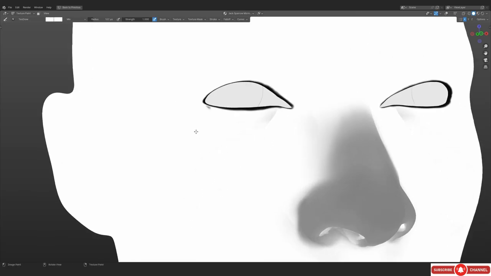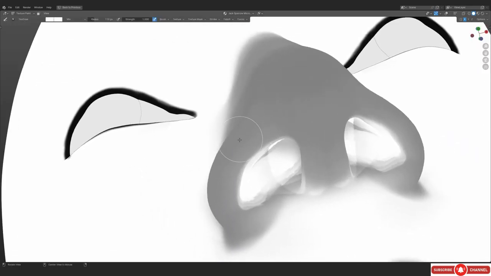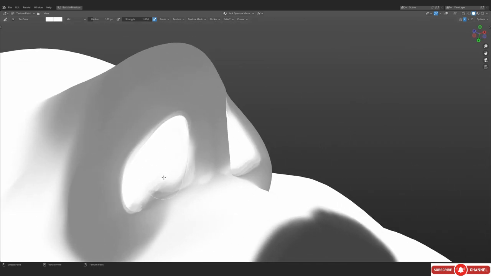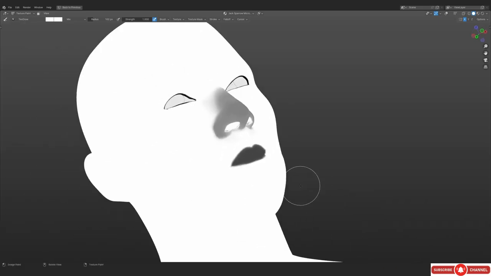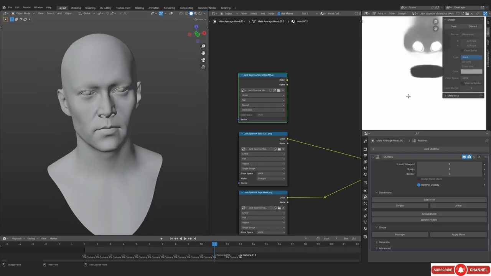Maybe there is a way to fix this particular problem with some settings or anything, but yeah, I don't really find the texture paint mode as good as the paint mode that we have in the sculpt mode basically. But yeah, I mean, it is kind of okay, but still I would never recommend it if I'm being honest.